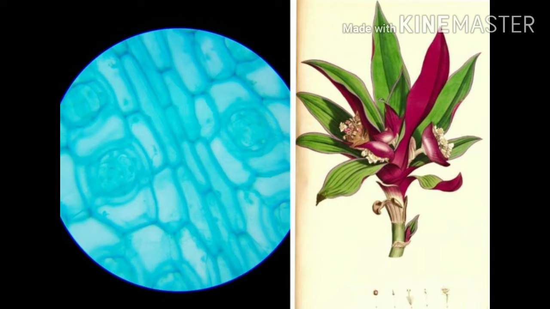This picture is the microscopic view of the plasmolysed cells. How does plasmolysis occur when the cells are kept in hypertonic solution? That is, the solution concentration must be more when compared to the cell concentration. For that high concentration, we may take a salt solution or sugar solution. When the plant cells are dipped in salt or sugar solution, plasmolysis occurs. This is the microscopic view of the plasmolysed cells.